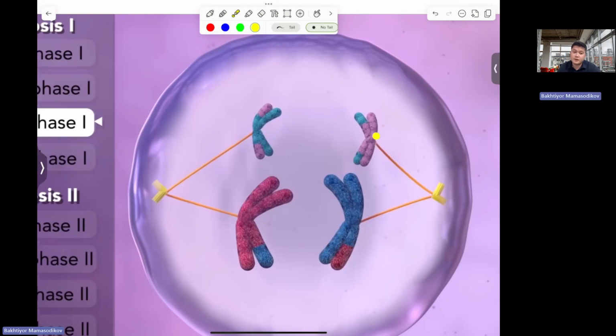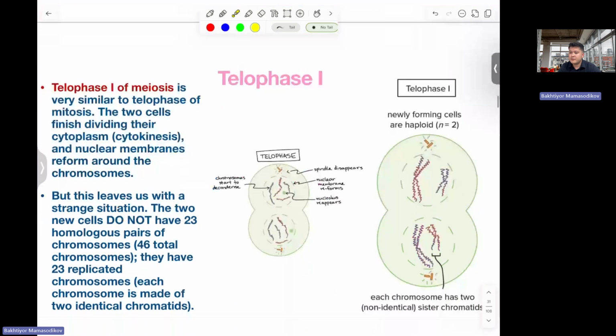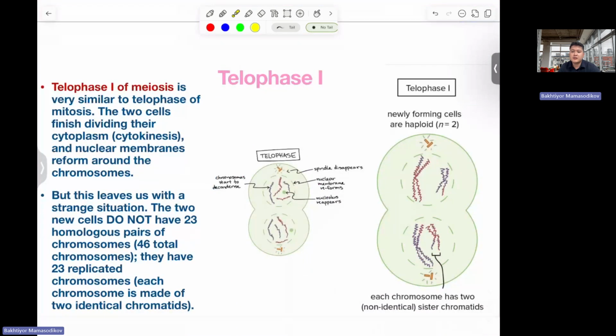Homologous chromosomes are separating from each other, but sister chromatids are still there. So what's happening in the telophase I? In the telophase, spindle fibers are going to disappear, and the nuclear membrane reforms. The chromosomes are there with their centromeres. Chromosomes start to uncoil, unraveling, and cytokinesis is starting here